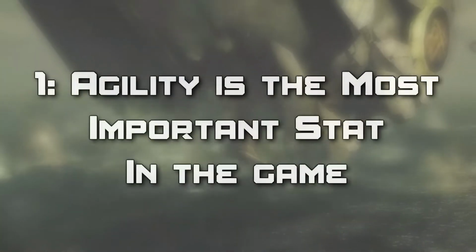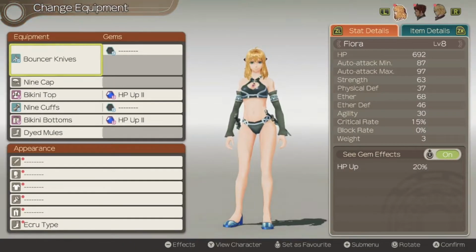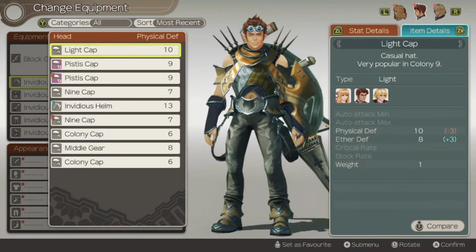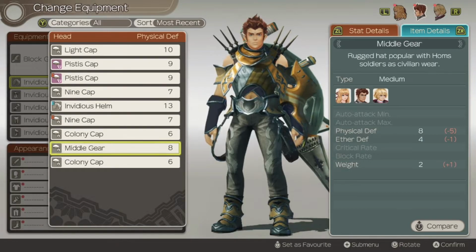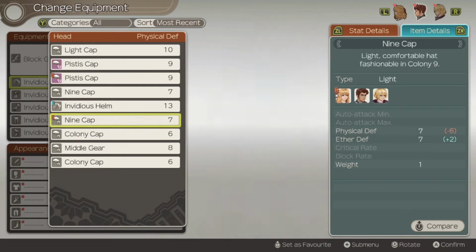Number 1. Agility is the most important stat in the game. Agility in Xenoblade ties into how often you dodge and how often you hit enemies. On the surface, this may not sound too impressive, but if you pump the stat high enough into one of your tanks like Dunban, you'll tank enemies by simply dodging most of their attacks. Agility is also a necessity for hitting enemies that are higher level than you, as you may notice your attacks